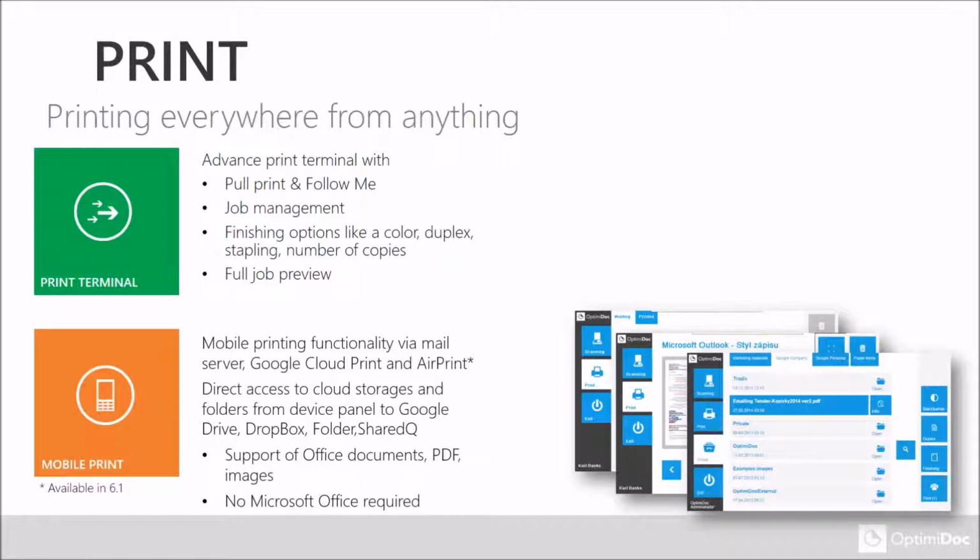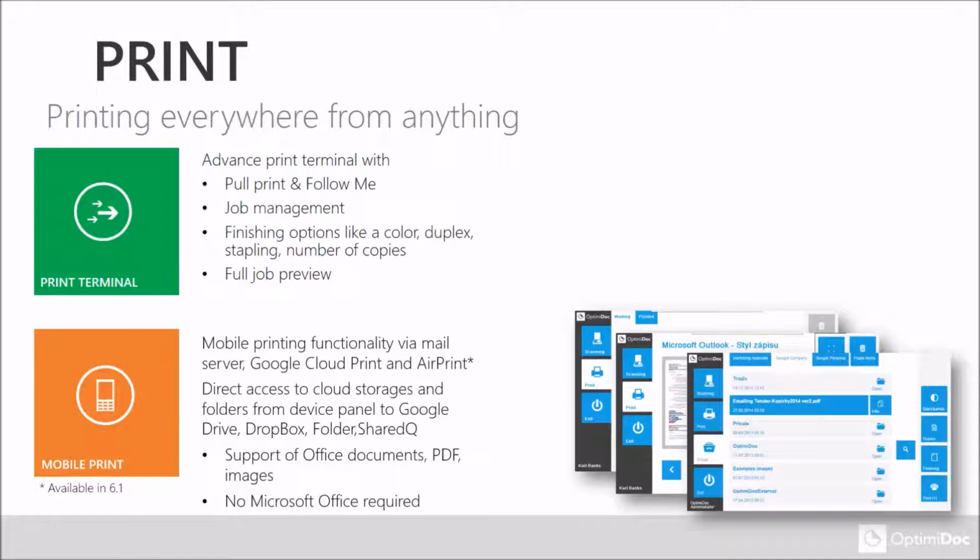Next unique functionality is the print connector. The print connector means that you can share directly on the print terminal some archive like a Google Drive, Dropbox, shared folder, or OneDrive, and the user can browse the documents and the folders and select documents which he wants to print. So for example, the marketing department can share the marketing materials directly through such connector, and the user has always access to the latest documents directly on the multifunction devices,